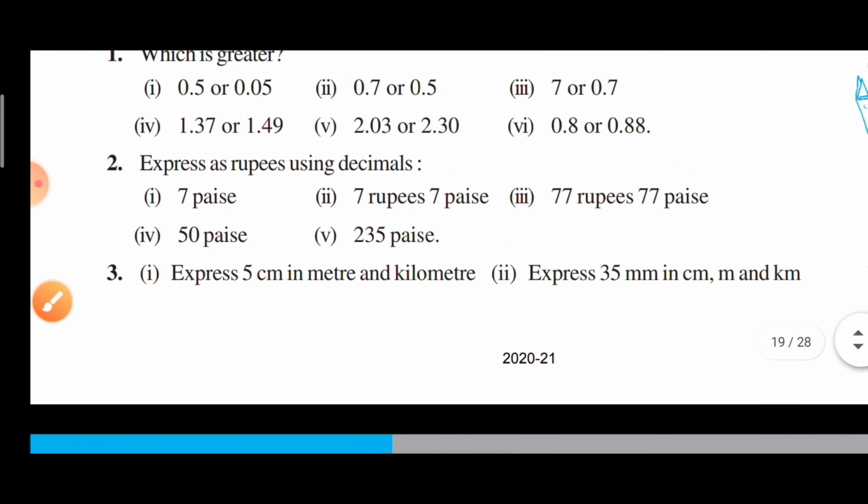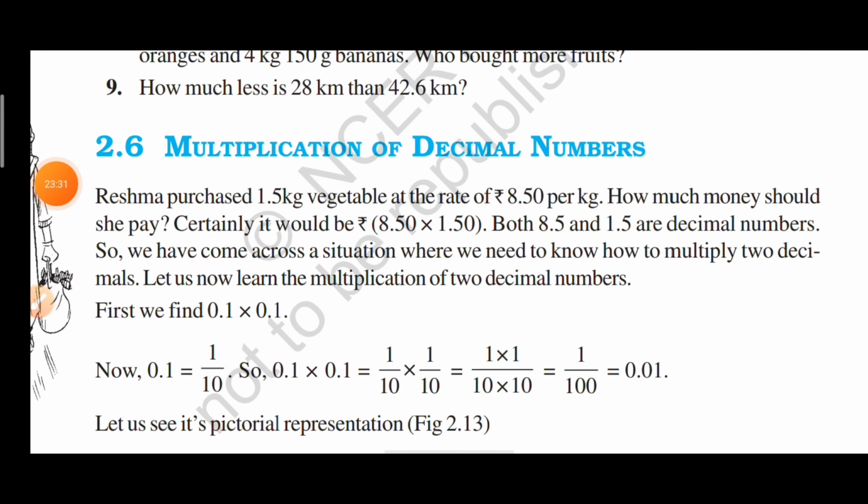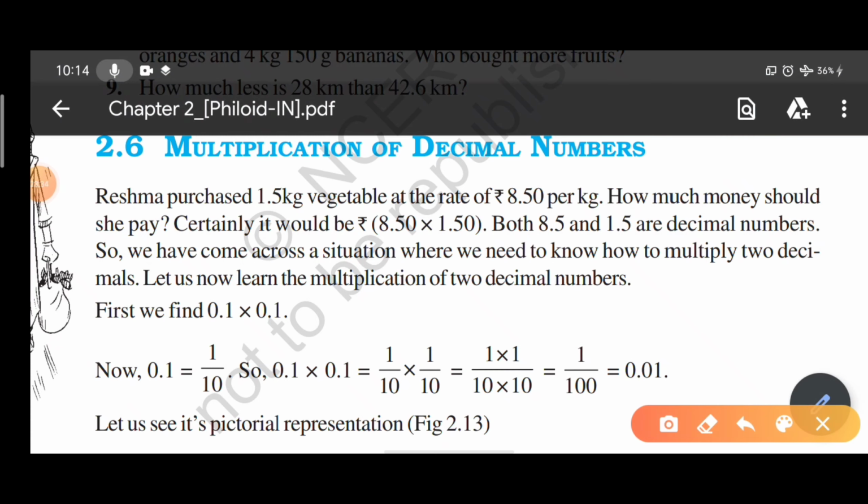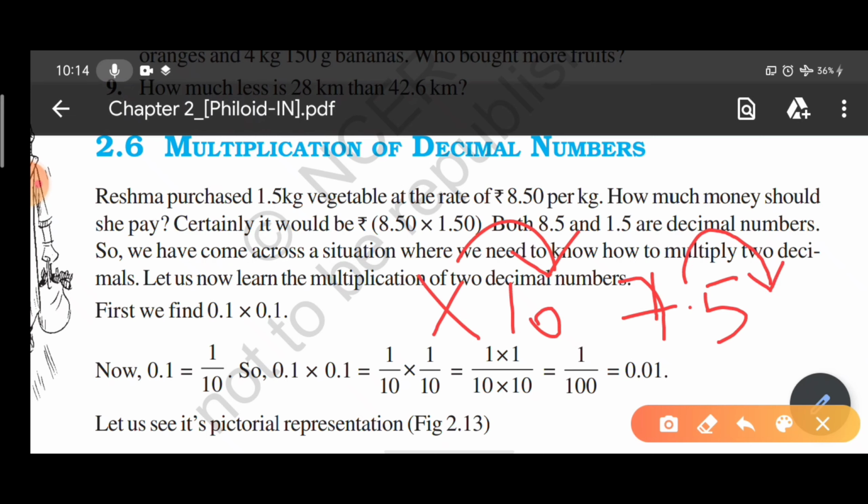You must simply know how many kilometers contain how many meters. Those values need to be remembered by all of you. Now whenever you have to multiply a decimal number with the value 10, 100 or something like that, you have to keep in mind, whenever you multiply, the decimal point will shift to the right hand side. For example, if I have to multiply by 10, my value is 7.5, then it will shift one place right hand side and my number will become 75.